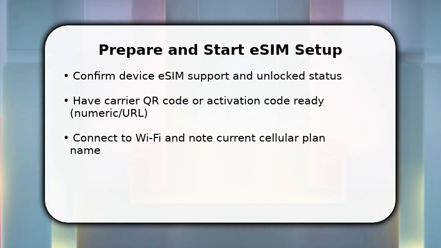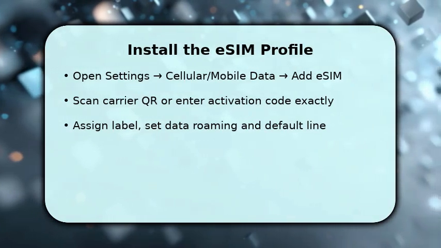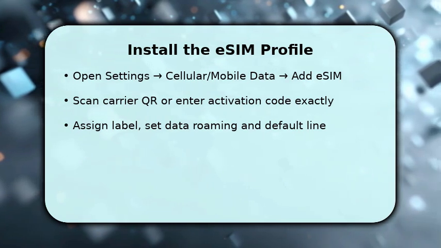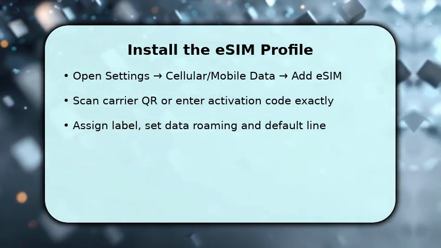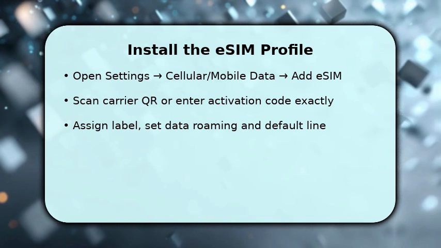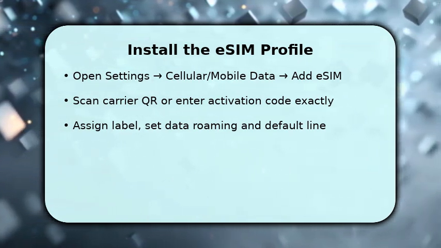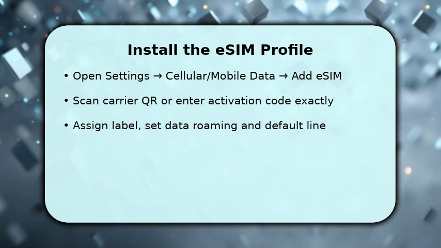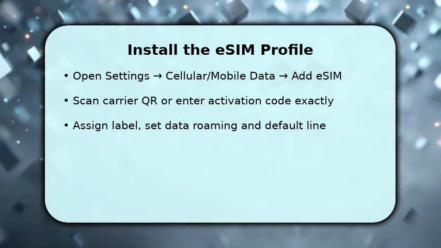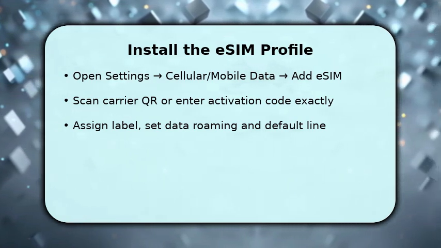You tap Settings, then Cellular or Mobile Data, and choose Add eSIM. This moves the process forward. Next, scan the carrier QR code or type the activation code precisely. Small typos cause failures, because that registers the profile with your device. Once the profile installs, assign a clear label and choose whether this line is your default for voice or data. Also set data roaming and preferred network settings now, because those choices